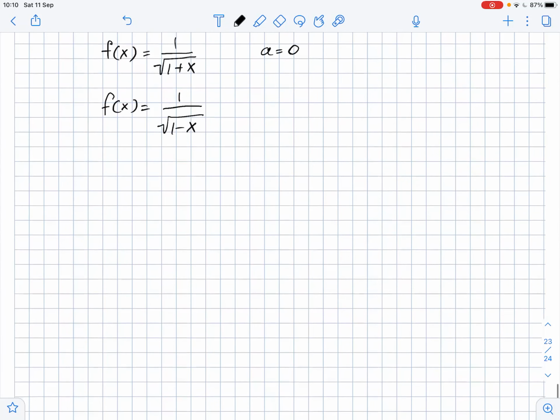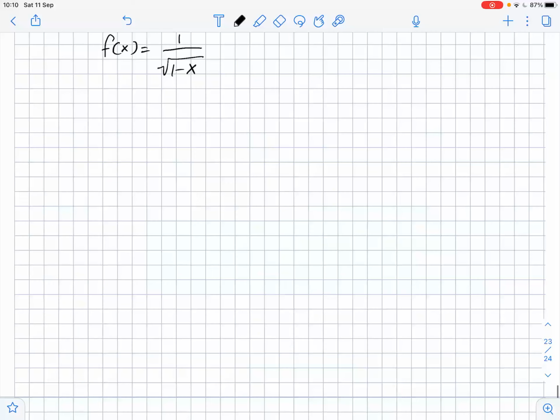So we have to find the first 7 terms for the Taylor series at a equals 0 for the first function, and we also need to make a substitution in this Taylor series to get the first 7 terms of the second function. So the general term of Taylor series of a function f of x is